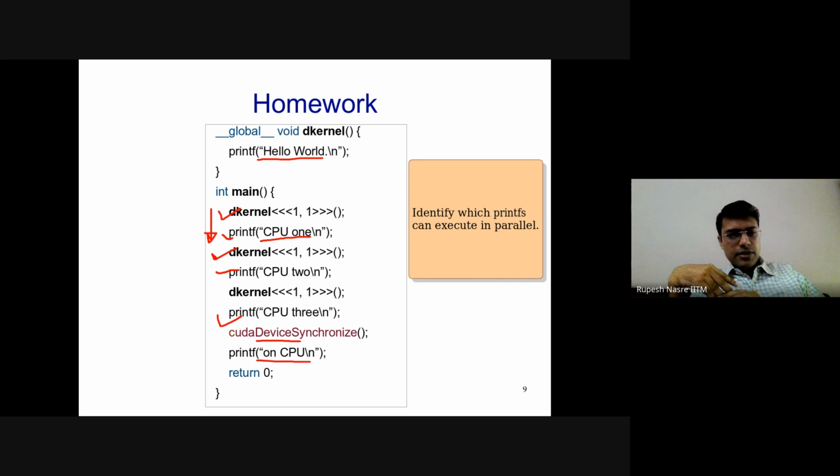In a similar manner, when we go to the second D kernel, it's going to print hello world at some point in time, because it's an asynchronous launch. But does that mean that the first D kernel is over? Well, that is not guaranteed, but the second D kernel cannot get launched until the first one is over. So the second D kernel cannot print its hello world until the first D kernel has printed. Vikas says I should repeat, sure. So let me focus on